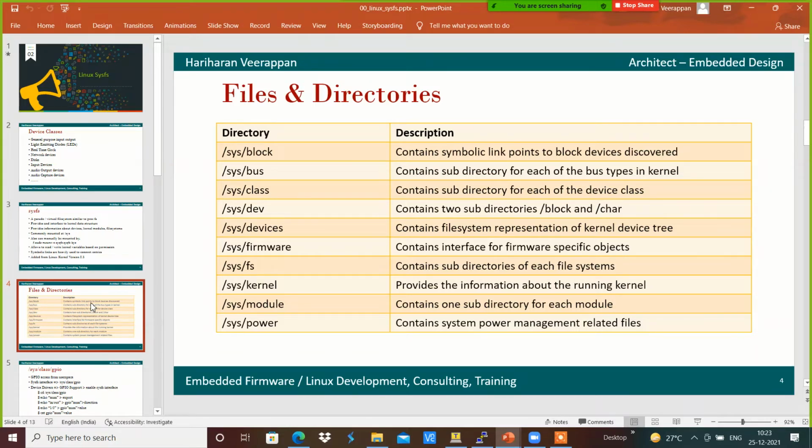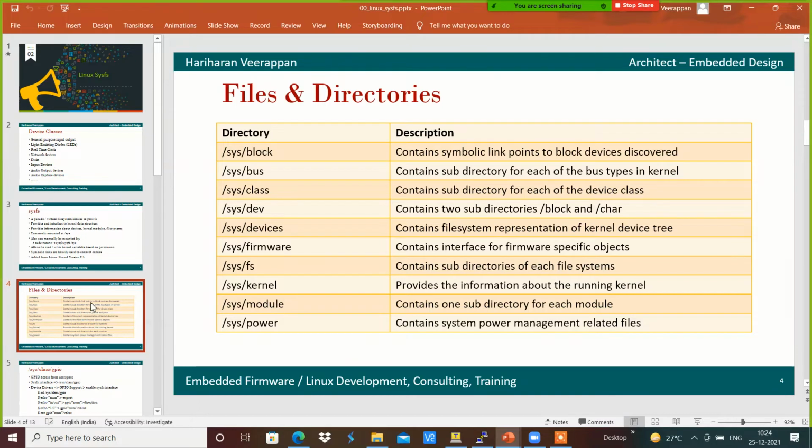And we have the dev directory, which contains the block and character device nodes subdirectories, and devices, which provides the kernel device tree representation. And we have the firmware directory, which contains the interface for firmware specific objects. For example, some Wi-Fi chips require firmware to be loaded, and those firmwares will be present within the sys firmware directory.